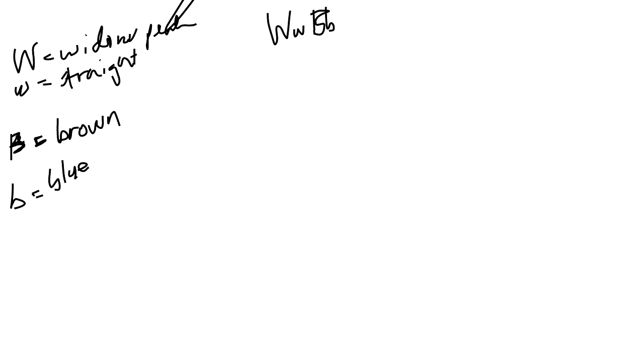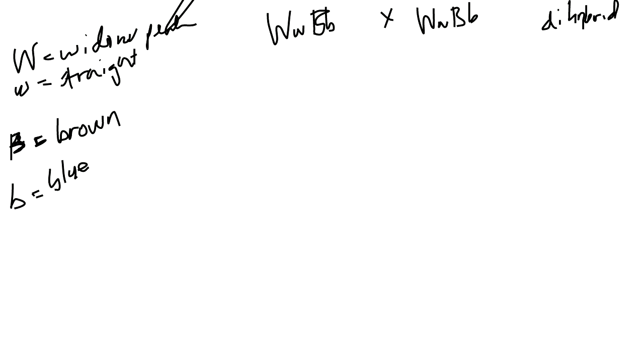If both parents have this particular genotype, that's a dihybrid cross. Now, you can still do the Punnett square and the cross if they have some other combination, like let's say one of the parents is homozygous dominant for widow's peak and homozygous recessive for blue eyes. It's just not called a dihybrid cross in that case.